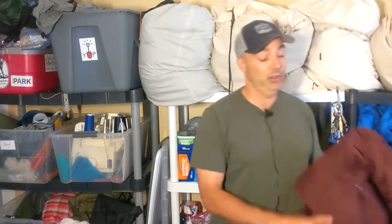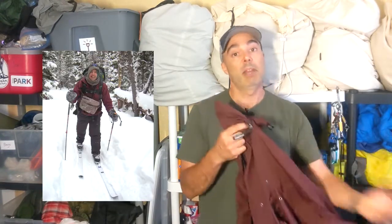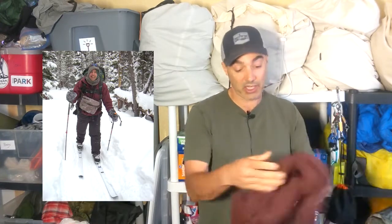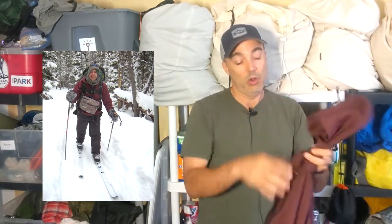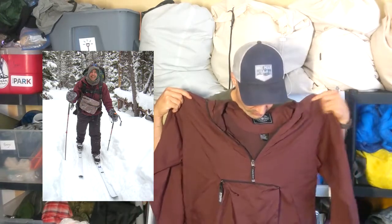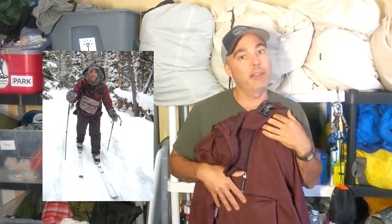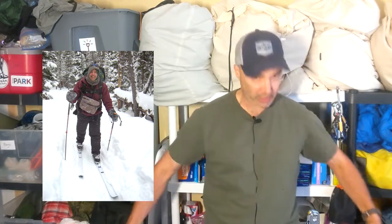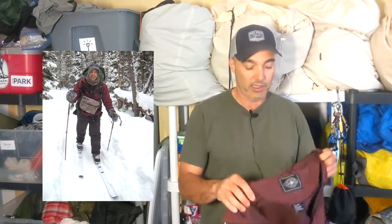Now, as I said, I do not use wind shirts at all, actually. My Montbell Versalite works for that, but during the winter, when ski touring, I absolutely use a windbreaker. And this is an anorak windbreaker. Very simple, oversized, has the old school kangaroo pocket that I like to keep my balaclava in, some heavier mittens. It works like a chimney almost, so the air goes out very easily, goes over quickly,